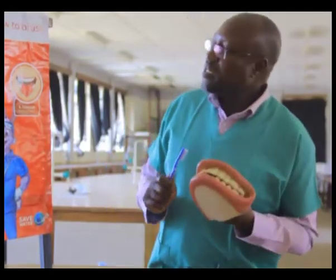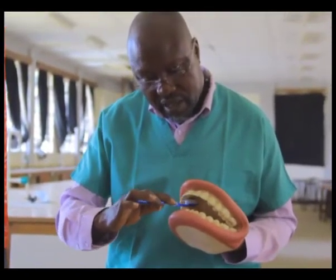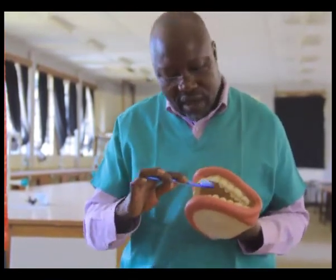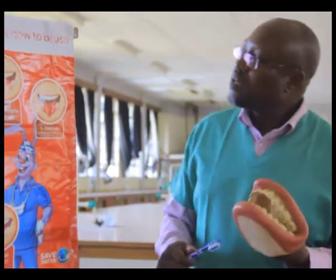Now, when you have finished that step, then you come in front, behind the front teeth. Gentle brush up and down, and that is what I'd already shown you. So these upper teeth, you can brush up and down, up and down, up and down, and then gently, then they become very clean. Then when you have finished all the teeth, now